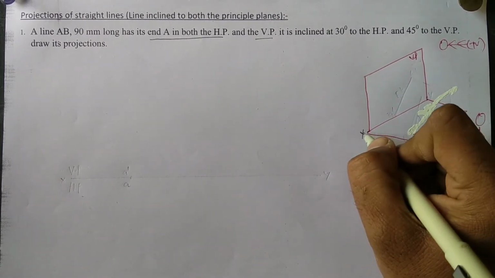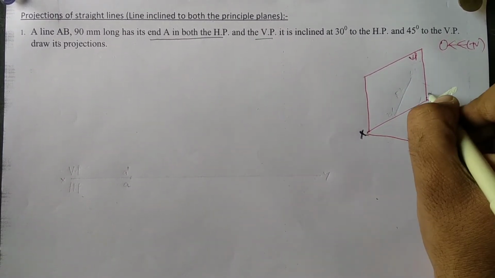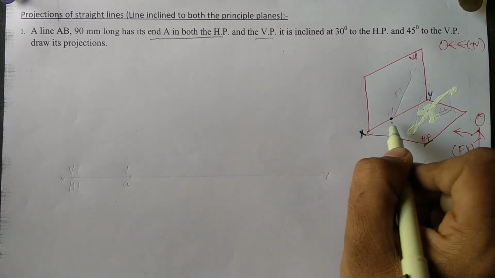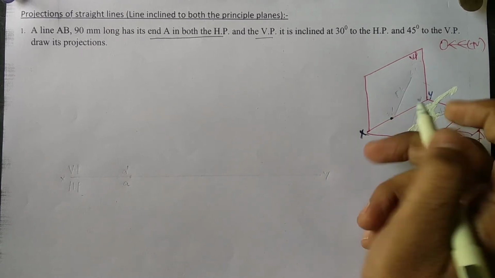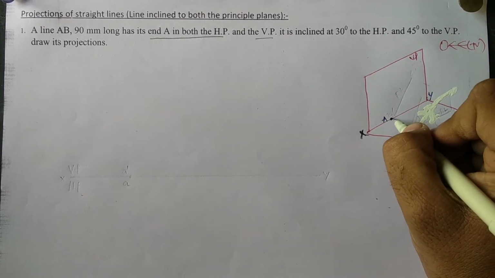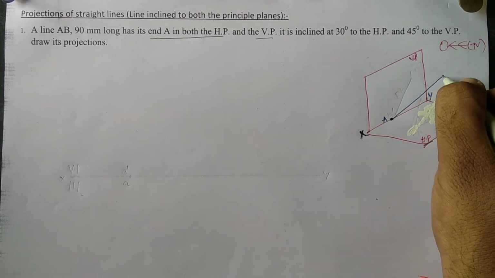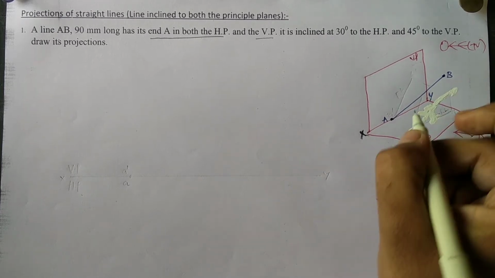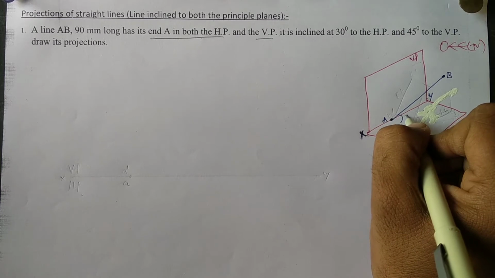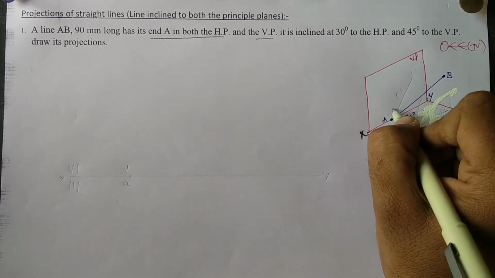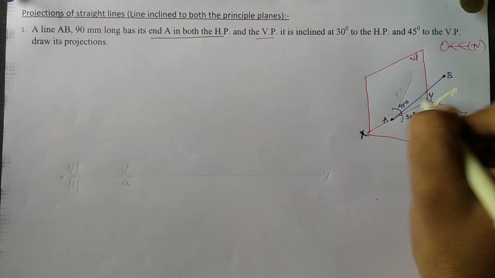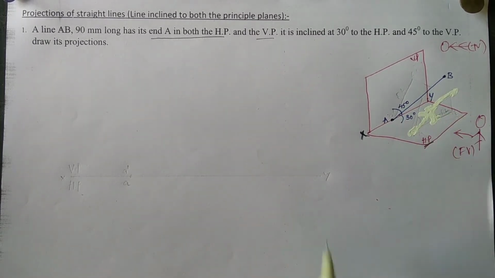So it has its existence on the reference line, neither in front of VP nor above HP. The line is in HP and makes an inclination in this manner, saying that the line is inclined to VP. It is inclined at 30 degrees to HP and 45 degrees to VP. So as the observer,